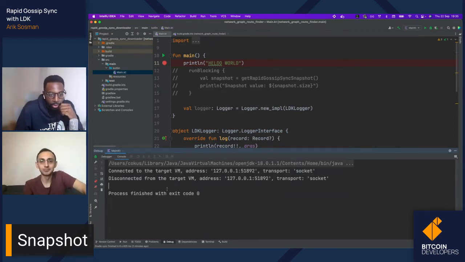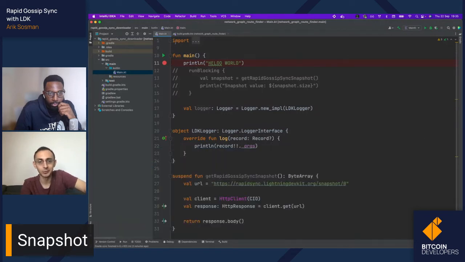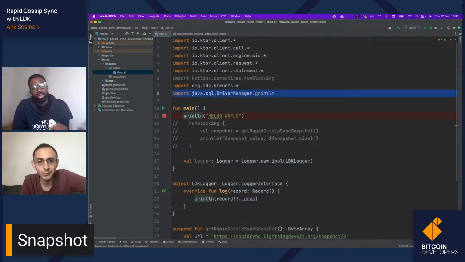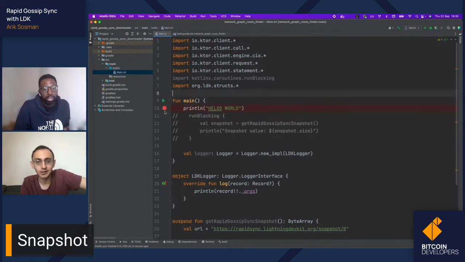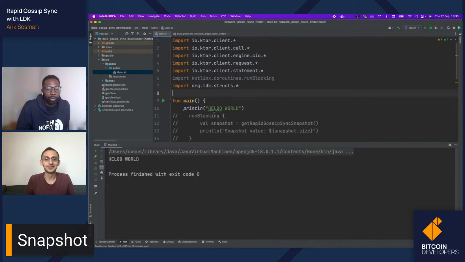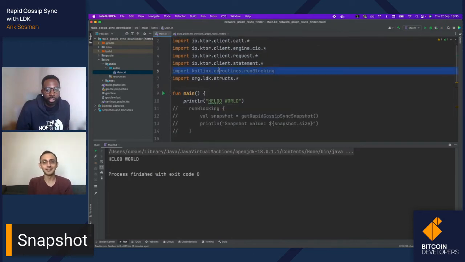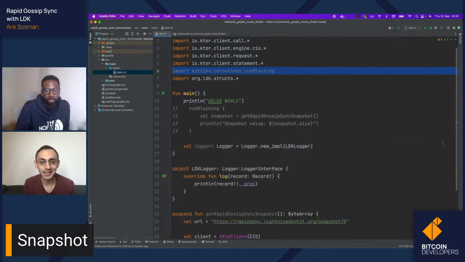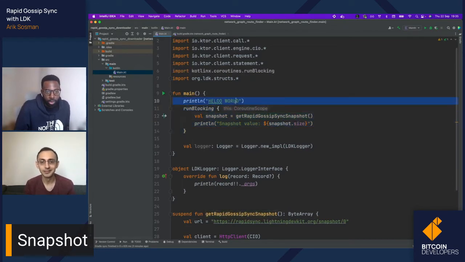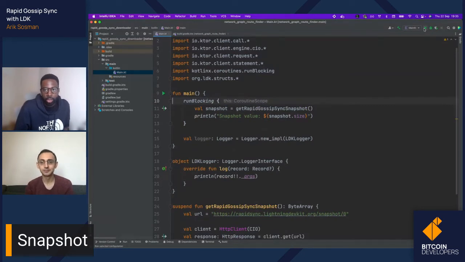Okay, I know what's going on. You have this import, the print line import. It's not a standard import. It's a weird one that for some reason IntelliJ suggested. The Java SQL print line, we don't need that one. So let's remove that. And let's try running it again. That's why I like to manually import, because I end up importing all kinds of stuff. But good debugging there. Thank you. All right. So now, let's uncomment the run blocking thing. All right. Let's rock and roll again. And press play again. And I'll just delete this and we'll run it again.